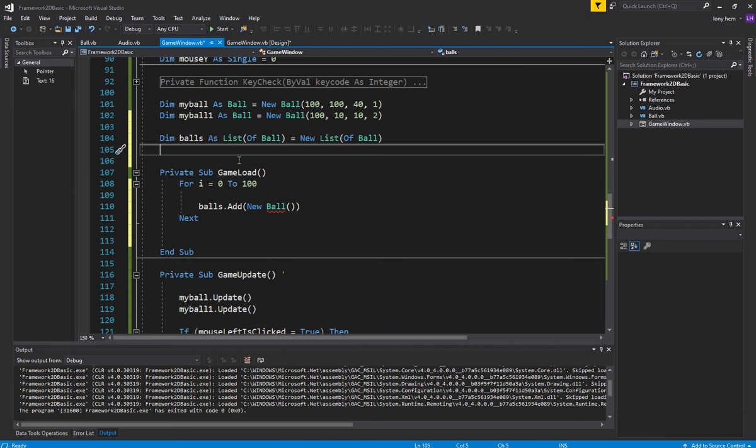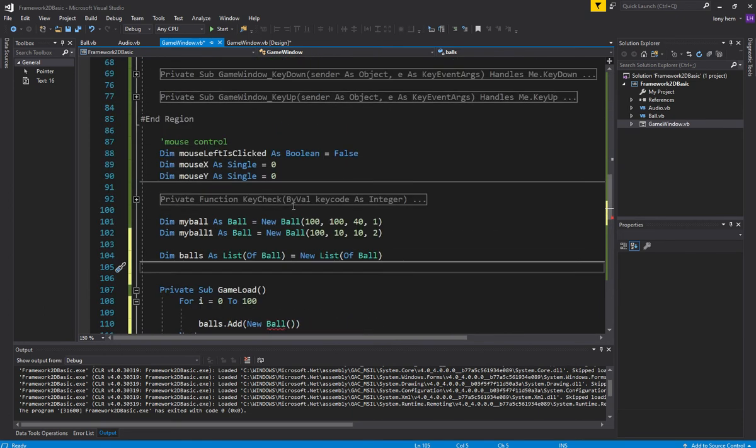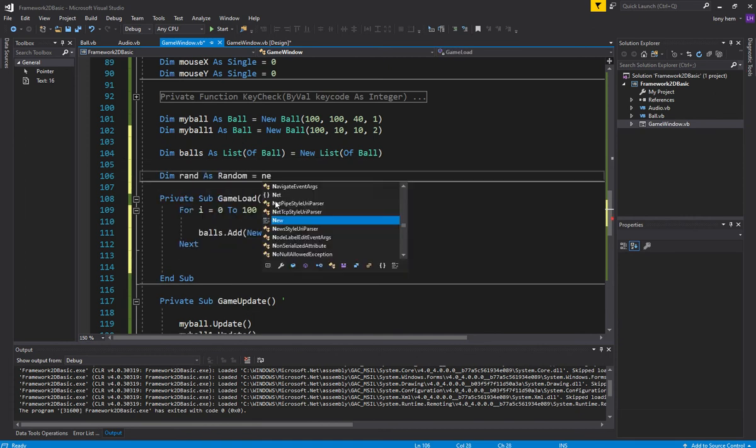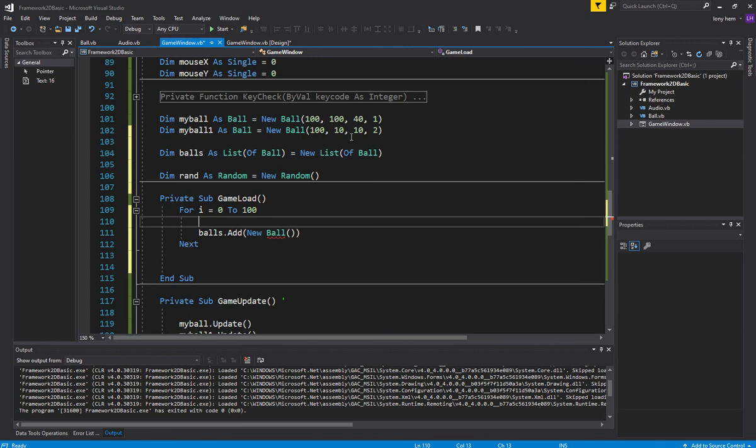So now we need a random number generator. Have I got one up here? Nope. So we'll create a random number generator, dim rand as random equals new random. And then we need to generate four things: X, Y, size, and V speed. So we'll generate four things. We'll go dim X as single equals rand.next